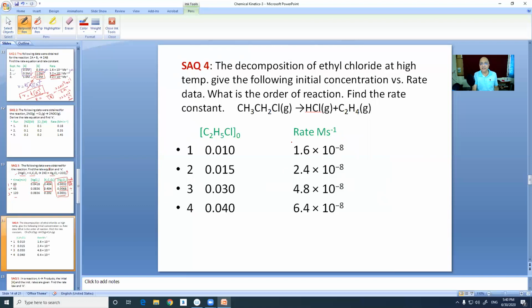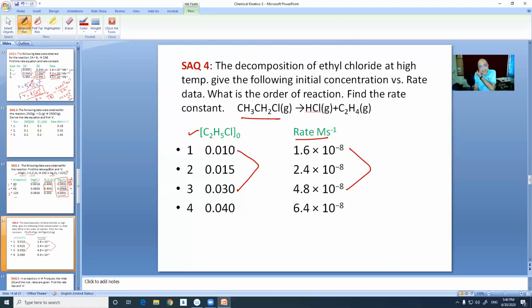Then let us see, this is very similar. Rates are given, so you can do it very easily. One reactant, only one reactant. So you compare between these three, where there is a whole number multiple. Here 1.5 times, here 3 times. So it is better to compare between 1 and 3. When there is a 3 times increase in the initial concentration of the reactant, the rate is also 3 times. So it is first order with respect to it.